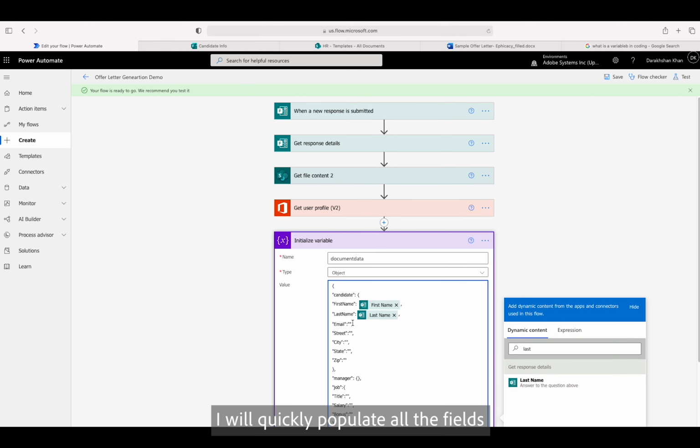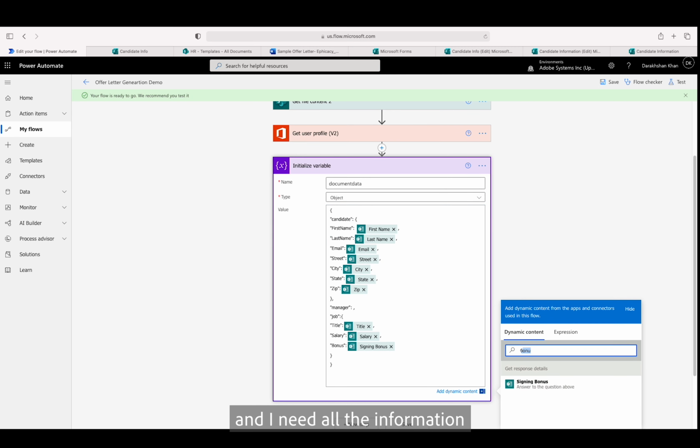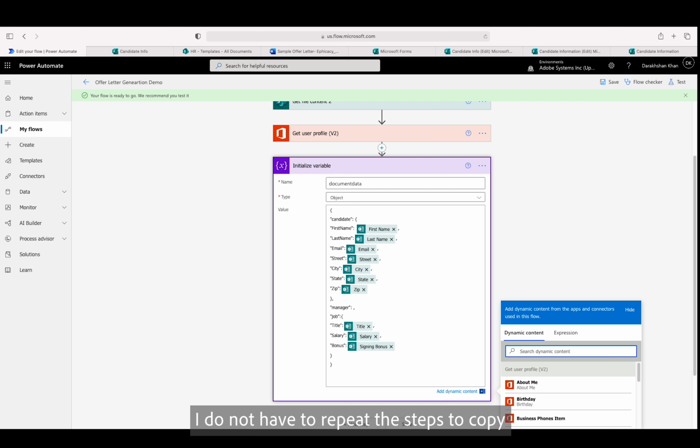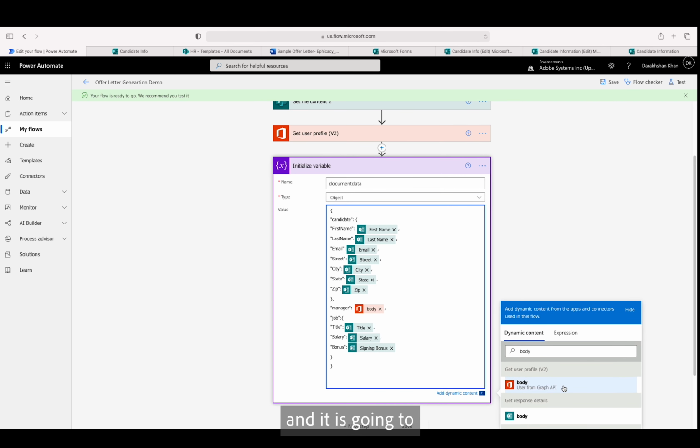I will quickly map all the fields. We have the manager field and I need all the information related to the manager. I do not have to repeat the steps to copy the JSON data and map it for the manager. What I can do is search for a tag called body and put it there. And it is going to get all the information about the manager which I need to be filled in my